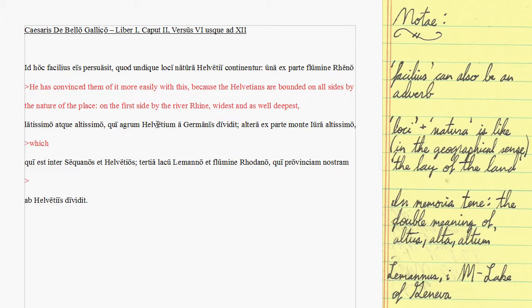Notice that this is the adjective form of this. Very little difference, but note that it is singular, and we never really talk about a single Helvetian person unless by their name. And so that's pretty easy to recognize that it's an adjective describing this masculine accusative ending agrum, which doesn't have to mean a field. We're going to be talking about it in terms of the Helvetian land. So which divides the Helvetian land from the Germanics.